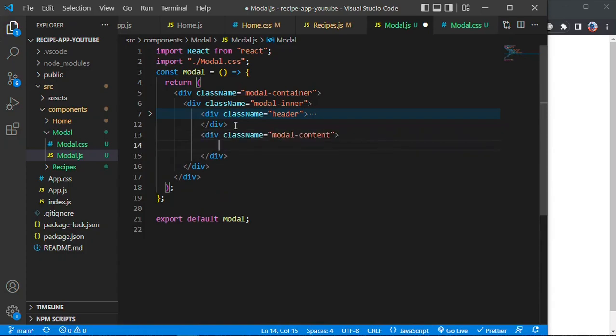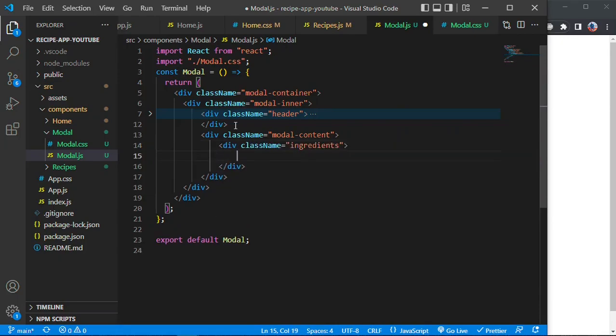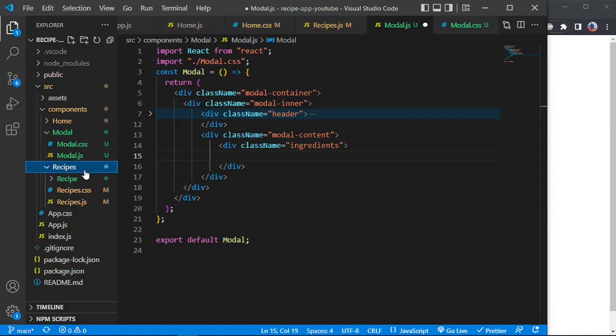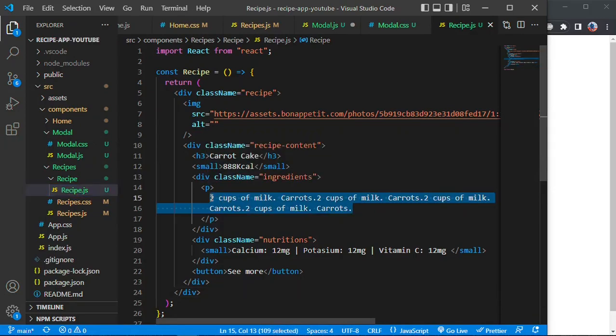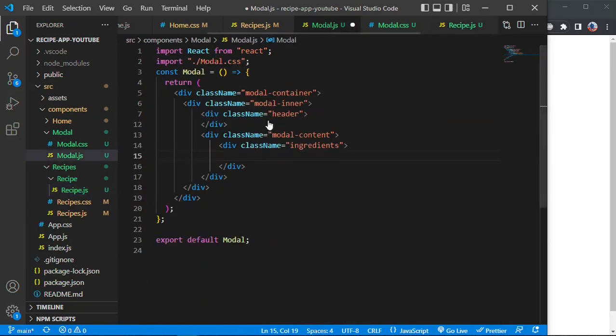content. In the content, we're actually going to display a few things, right? We're gonna have the ingredients, all of them, because in here, where's the recipe file? In here, we're just going to display only a few of them, right? But then when you click more, you're going to see a lot more of this recipe, right? Let's say small,